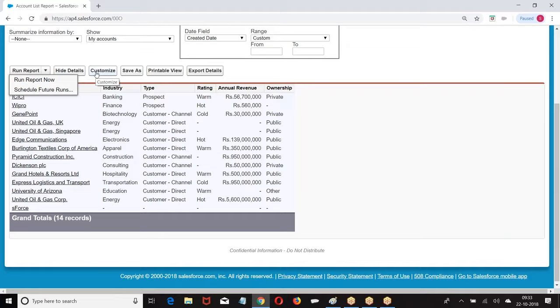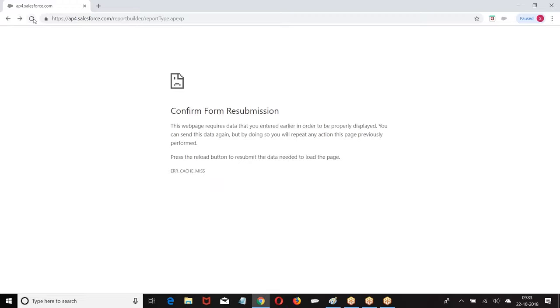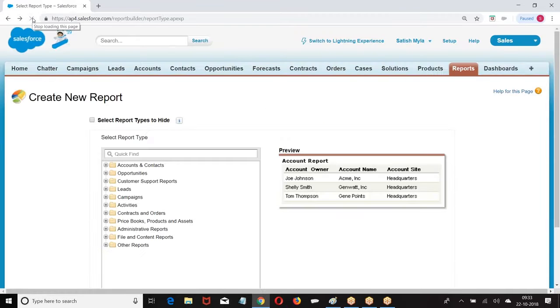But here the question is, what are the different types of reports we can create? We selected the fields, we clicked on the button, this page came. Very good. But what are the different formats of reports we can create? The formats of reports are classified into 4 types. Now look at them.